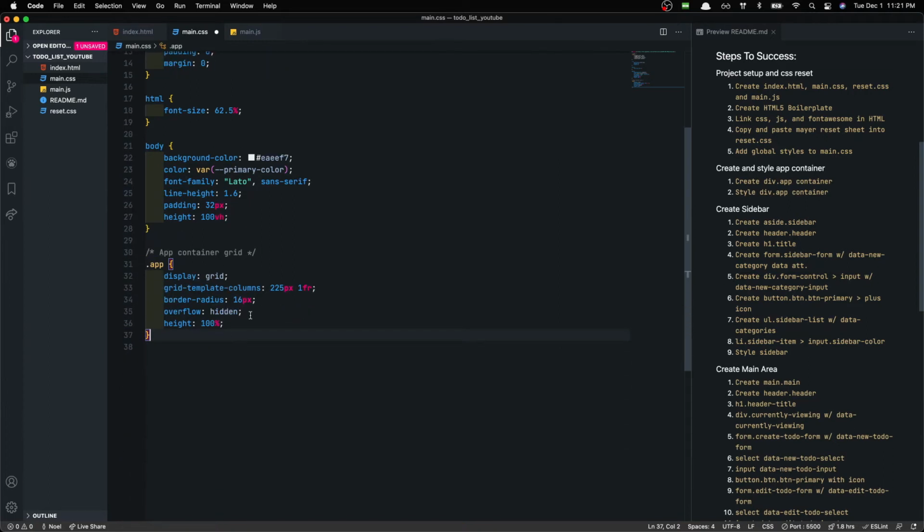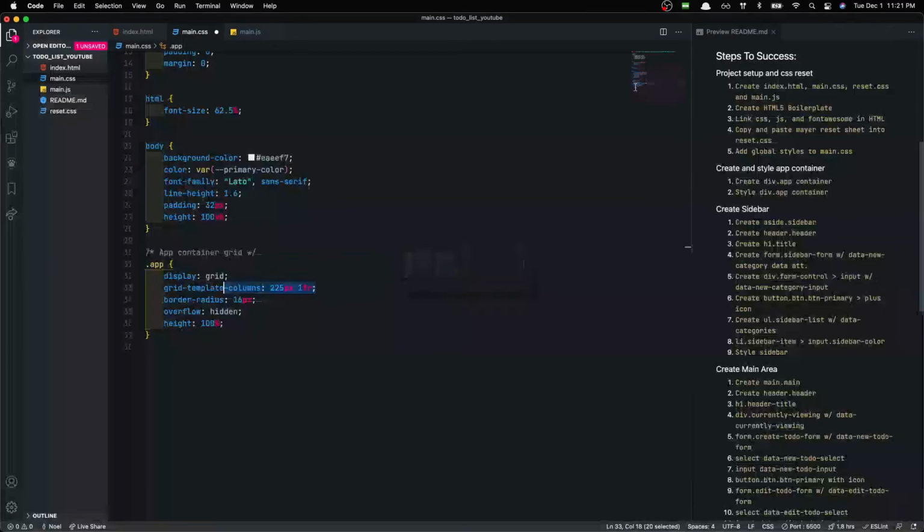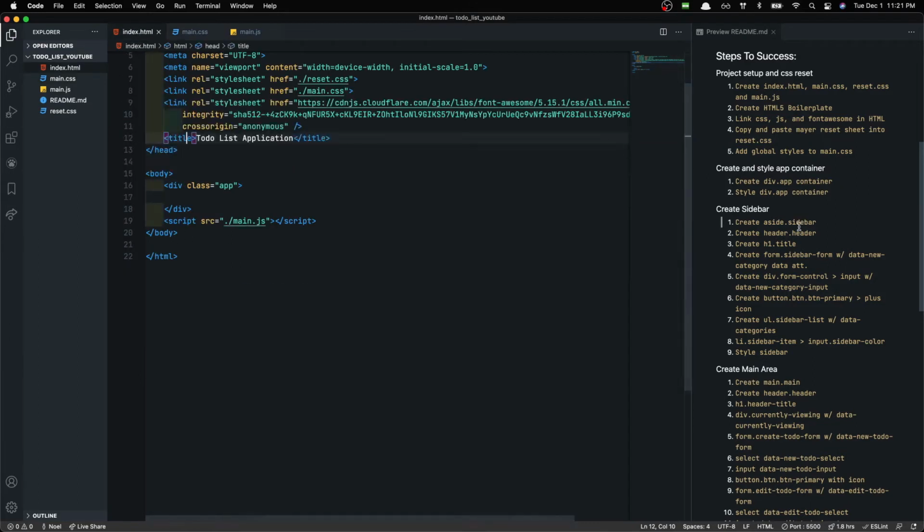So here we said display grid, template columns, 225 pixels for the sidebar, and 1fr for the entire content area. Then we have a border radius of 16 pixels, overflow hidden, and a height of 100%. This line right here is setting 225 pixels for this width, and then 1fr for the entire width of this. So now that we have that, we can go ahead and save, and we can move on to creating